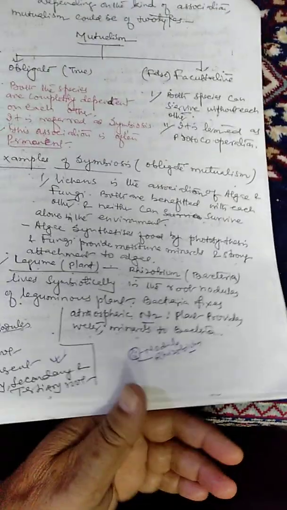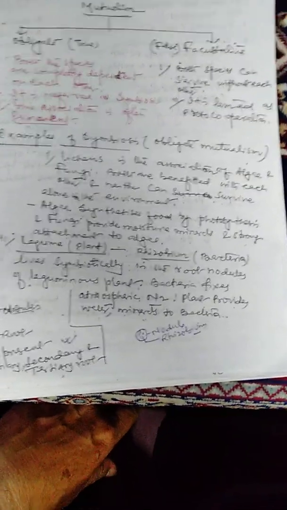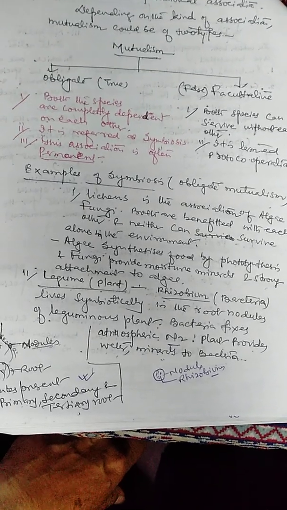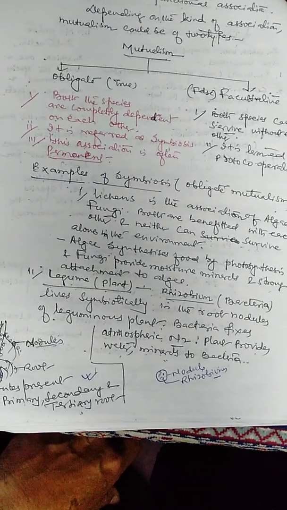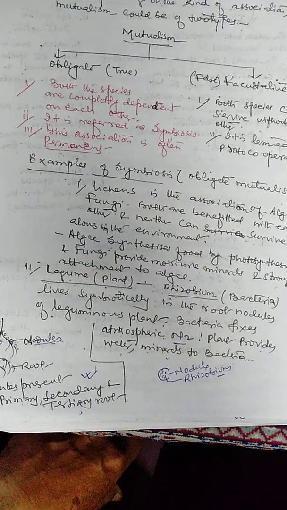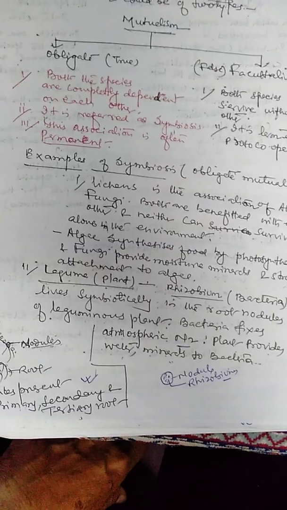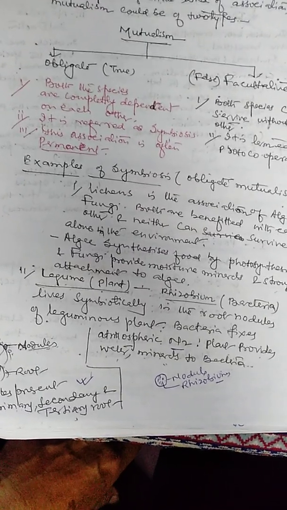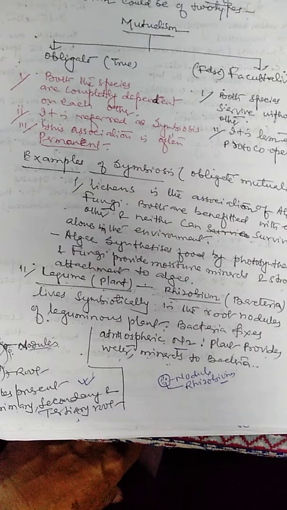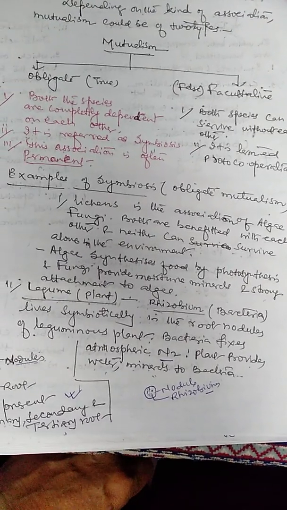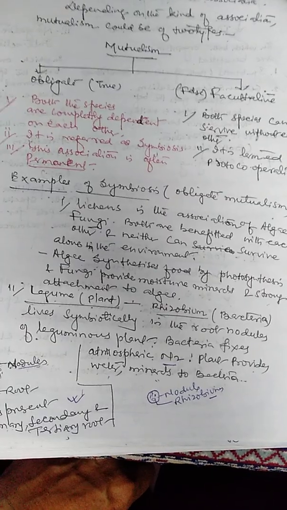Few examples. The one is the lichen. Lichen is the symbiotic association between algae and fungi, in which algae manufacture the food material and the fungi protect the algae and absorb the moisture. The association of the two dissimilar organisms is known as the lichen. The fungi provides moisture,